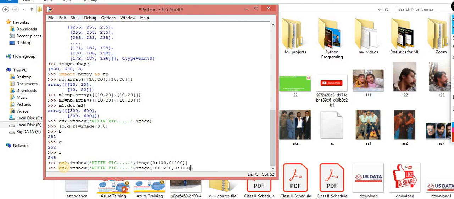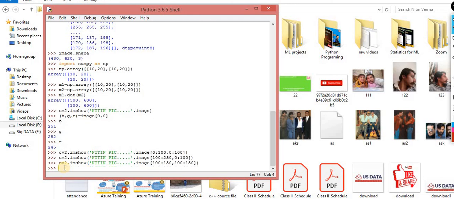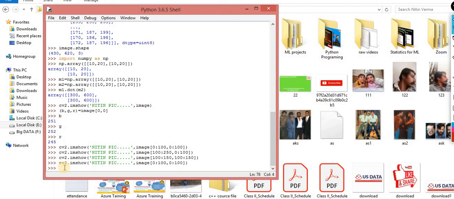Now you can check. It didn't show. Why didn't it show? Because I think we gave 150 over here, and here again 100, and again here 150. Now I think it will display something. No, it again didn't display anything. Why is it not showing right now?